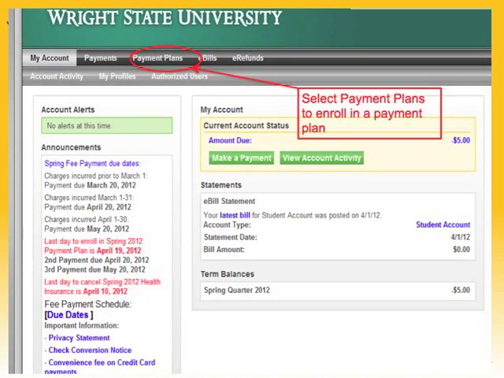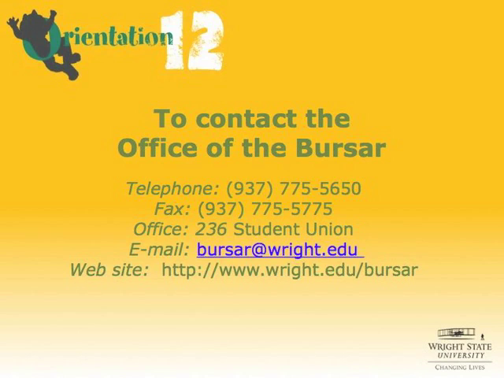As previously mentioned, students can enroll in a payment plan on Wings Express. Select Payment Plans to enroll in a payment plan for the term. To contact the Office of the Bursar, call 937-775-5650. Email bursar@wright.edu or visit them on the web at